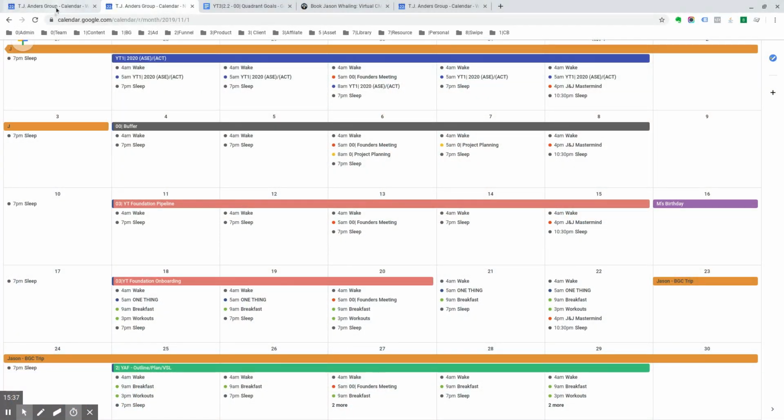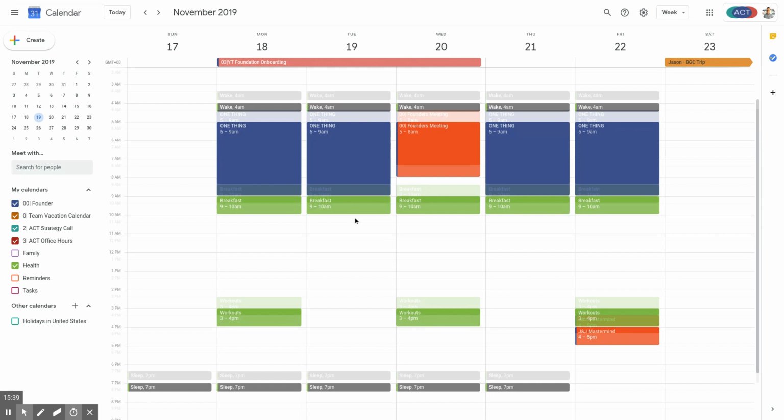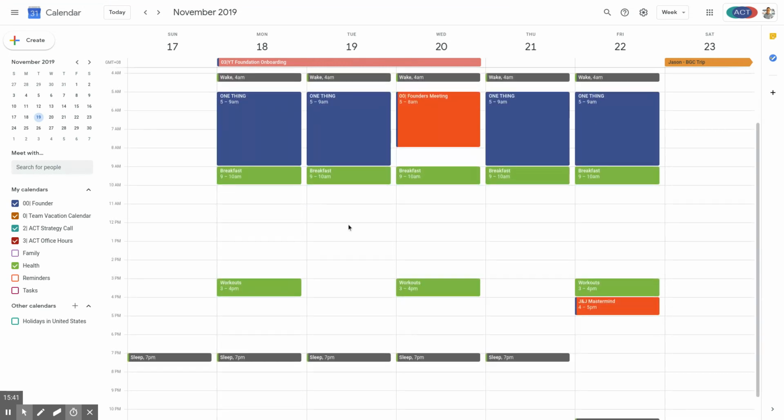And this is just an overarching way to make sure that you always have time to work on your big goals, because things always come up, things are always urgent. But if you make sure that you create a schedule where your one thing time in the morning is always there, then you can always overlay that week with whatever you're working on. So in this particular instance, you can see the 18th through the 20th, I have an all-day task that says YouTube Foundation onboarding. So as long as things haven't drastically gone wrong, my one thing time on those days is going to be devoted to working on that goal.